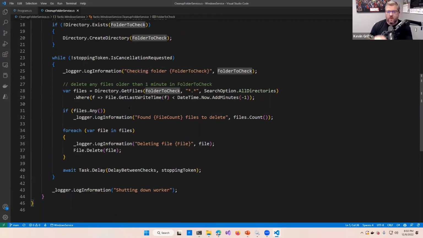It's just going to be sitting there waiting for a trigger to come in later. And every 1 minute, what I like to do is go get the list of files from my folder. And I want to see which files in there are older than 1 minute. And if there are any files found that meet that criteria,